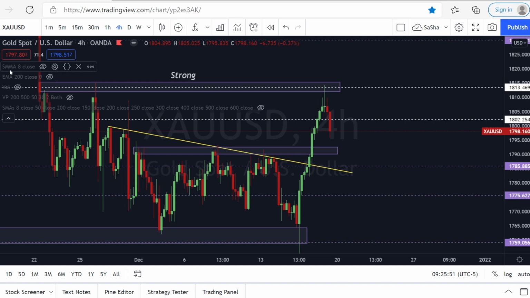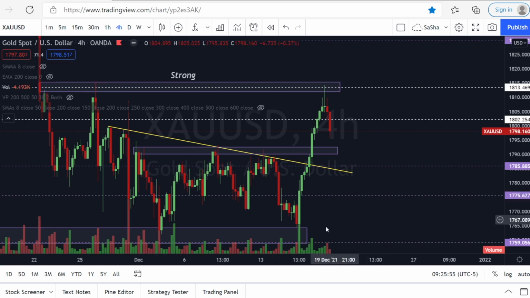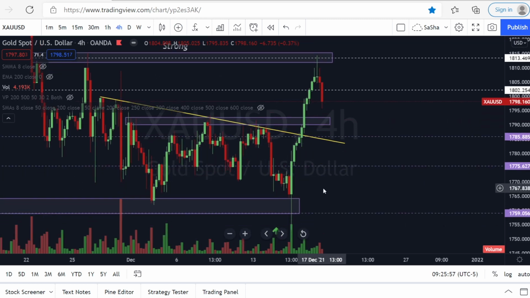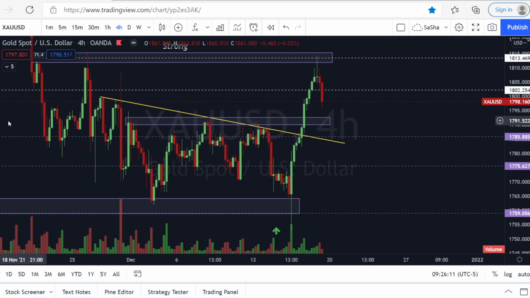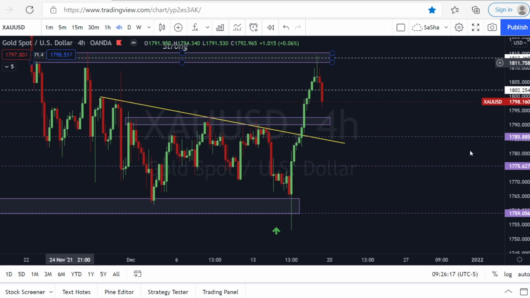Now if I just draw the volume, I could see that the price was actually pushing up, but this push up on the side was having very low volume, right? This push up did not have a lot of volume, which told me that buyers are not further interested in this push, right? So sometimes I also look into the volume to see what's going on and how we can find better